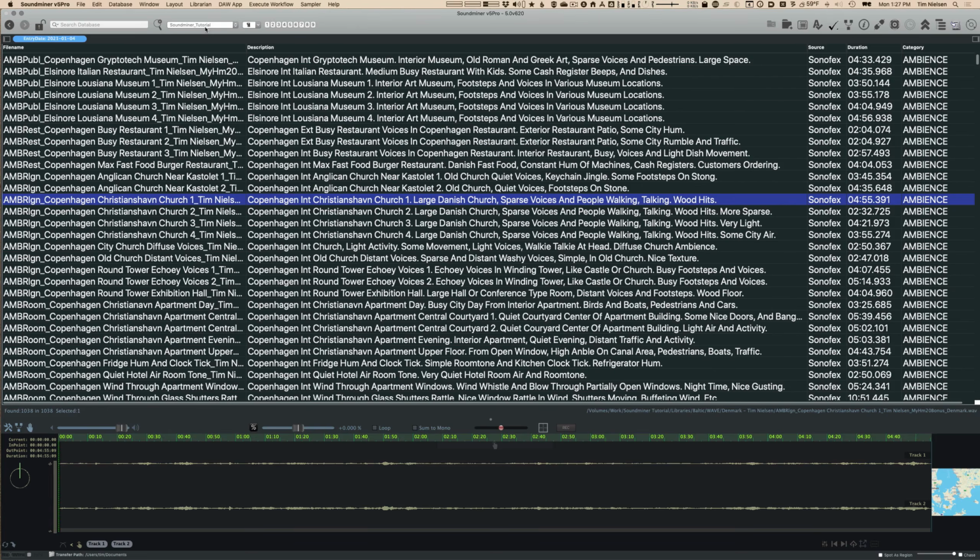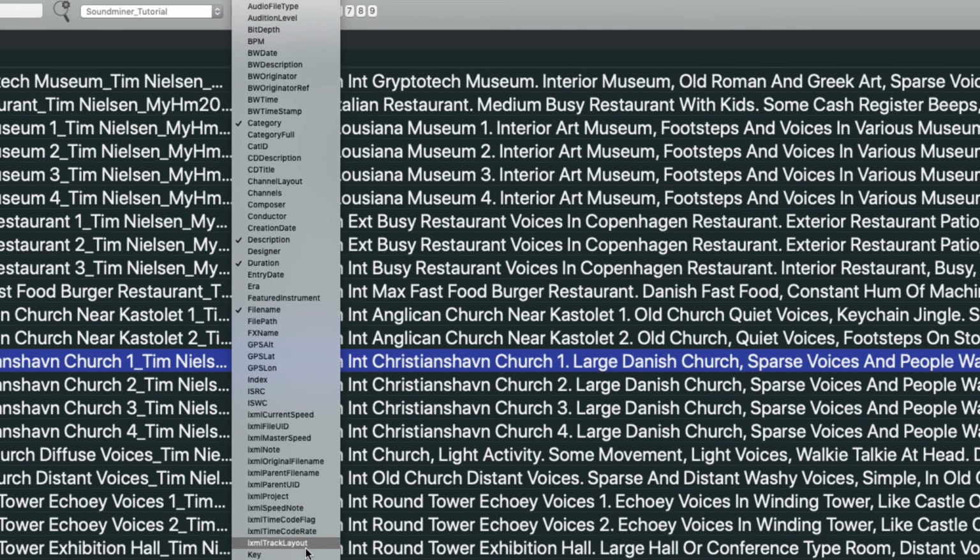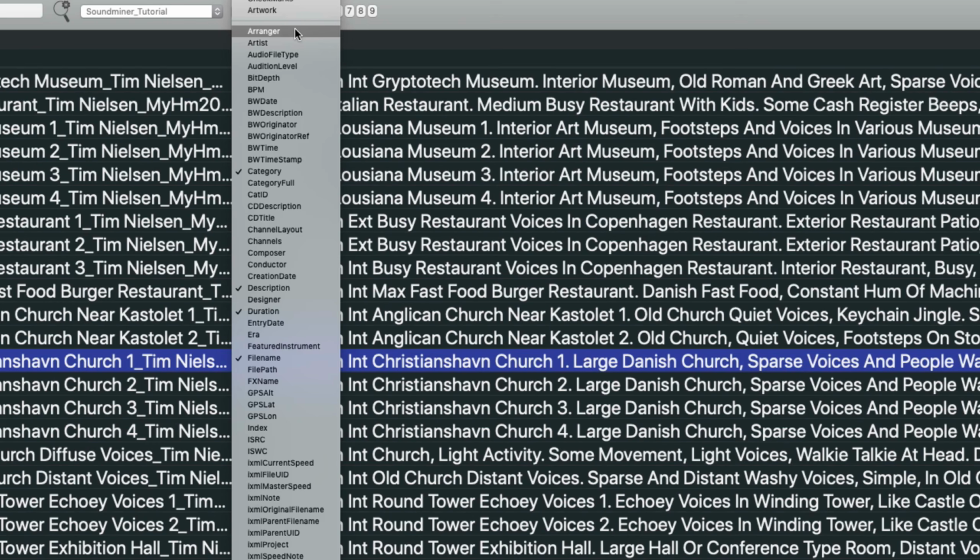So if I go here under the column view, I can immediately start to see all the pieces of metadata that are available to me, or the fields, I should say. Not all of these are going to have something in them, but you'll see a lot of options, arranger, artist. We'll go through at some point and mention some of the more common ones and the things you're probably likely to interact with, but you'll see there's a set of iXML fields that we told it to build, so it